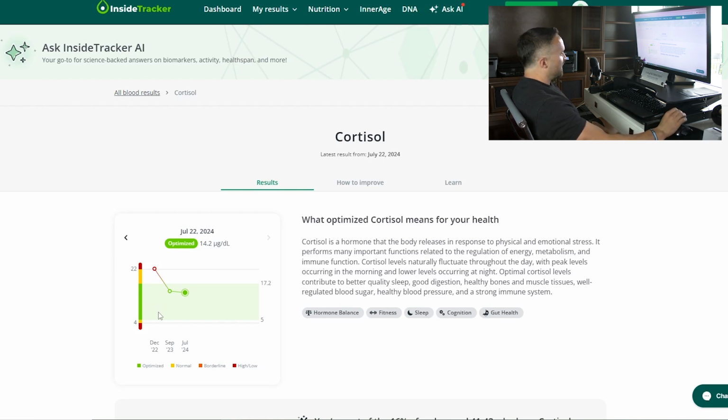It was a time where my sleep was low. Again, stress was high. Life was kind of chaotic. But look what happens in like 9 months. Almost cut it in half. And then now even a little bit lower. So just reducing your psychological stress. And I mean, did I do other things? Sure. But reducing my psychological stress, getting better sleep, I strongly attribute this decline in cortisol to those adjustments I